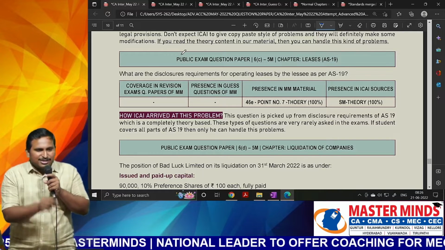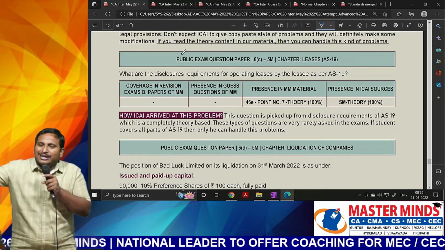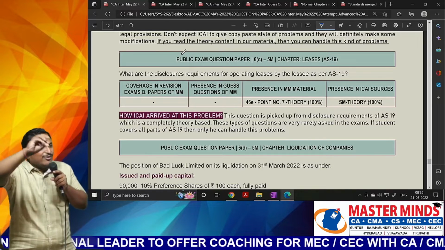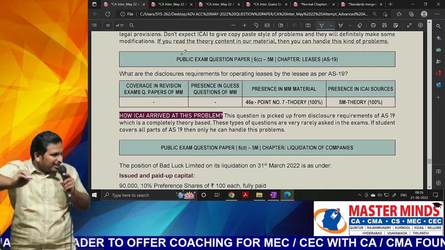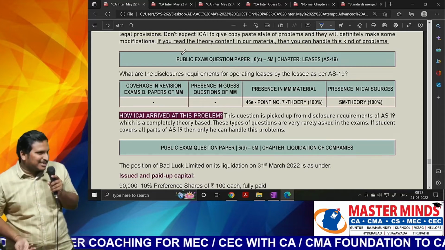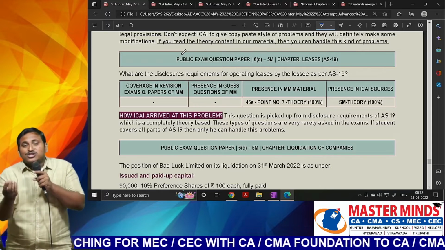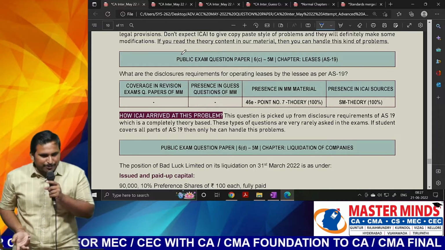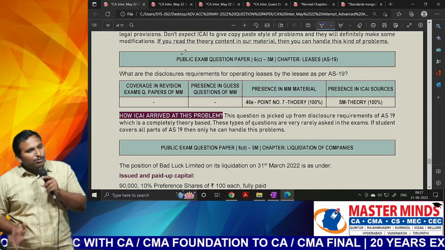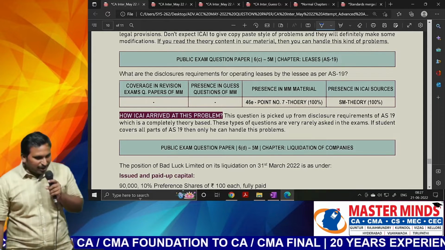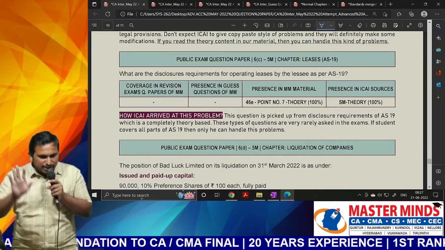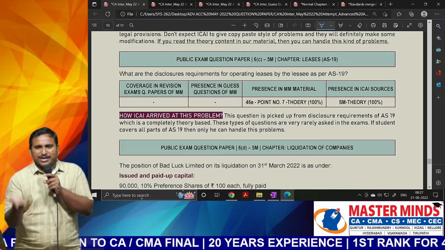Nobody can answer it, sir. No student can prepare to that length, sir. Maybe out of the entire set of students who wrote, hardly 5 or 10 got that right, and that too correctly. It is great, sir. I'm telling you frankly, nobody will be able to do it because nobody expects it, sir. There are standards where disclosure requirements are given, that everybody will prepare, sir. Disclosure requirements for every standard, if you go on preparing, there will be no end to it, sir, and we can never do it. Even after the examination, we still don't recommend you to read that disclosure requirement. 5 marks, leave it. That's all.